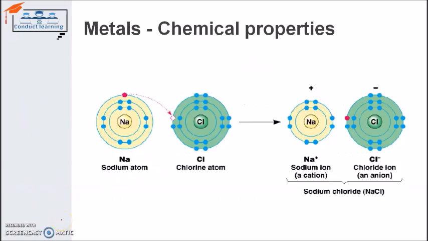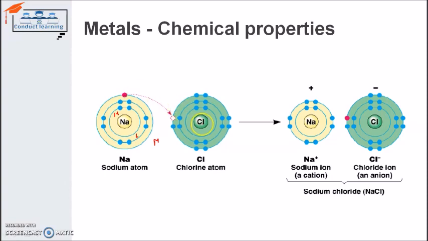And how this happens, we can simply see by looking at this diagram. Here sodium, this is the first shell K, which can have 2 electrons maximum. The second is L, which can have 8 electrons maximum, and the third is the M, which can have 18 or 8 electrons maximum to become stable, but it has only one in the M shell, which it can either share or it can take 7 electrons to become stable. Sodium will require that to be stable.